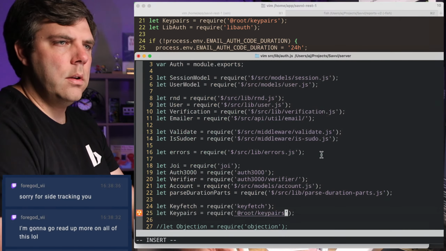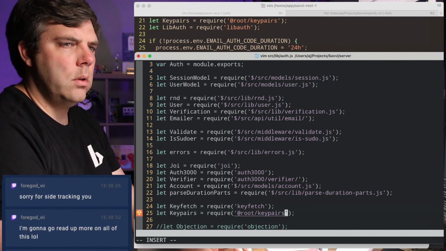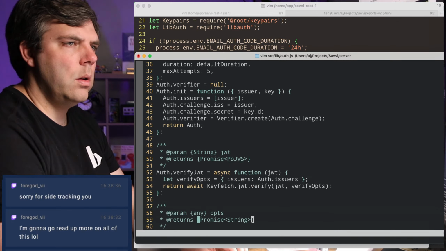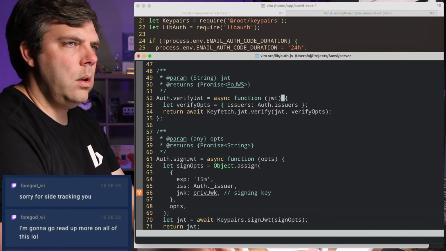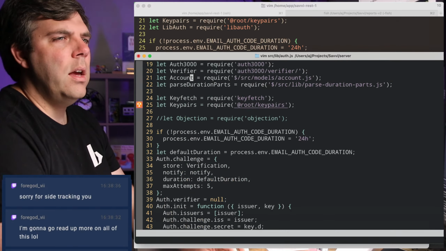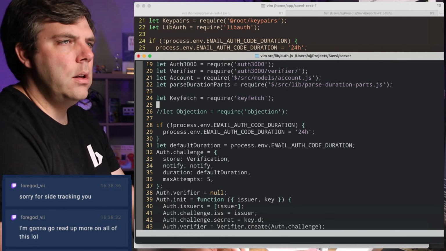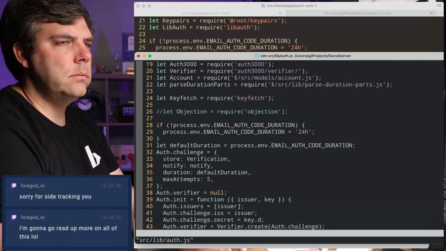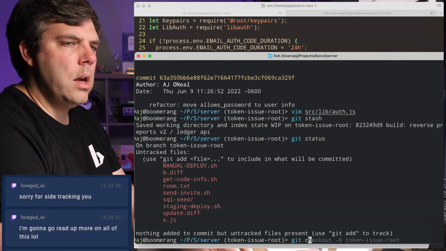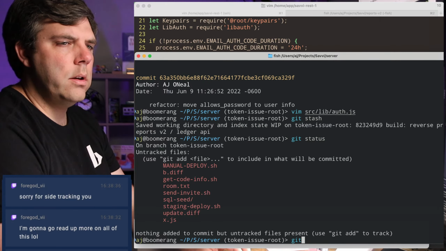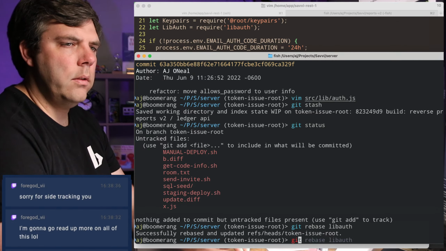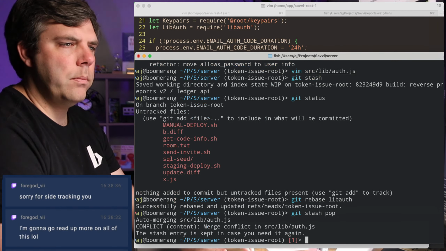Okay, what about this other stuff here? Where's the init? Okay. I actually don't want to base off of this. I'm going to get out of here. I'm going to base off of, let's do git rebase lib off. Okay. Git stash pop.